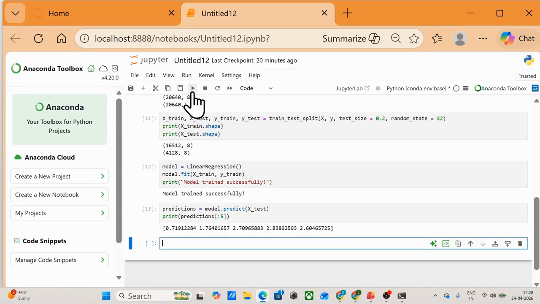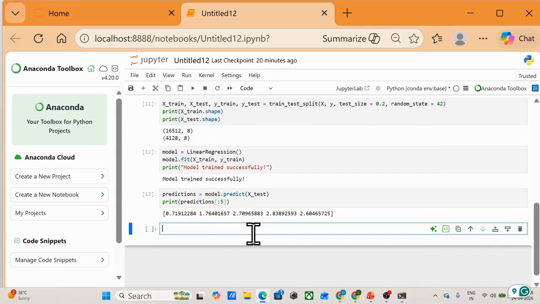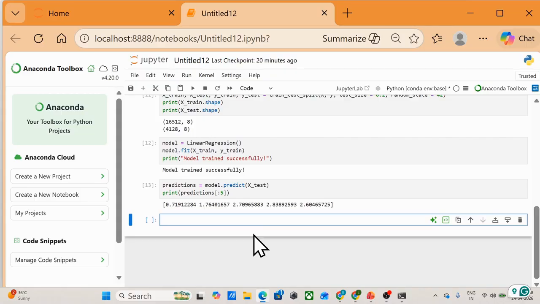So here you can see, once the model is trained, we make the predictions. These predictions are model's estimated house prices, which we will now compare with actual prices.